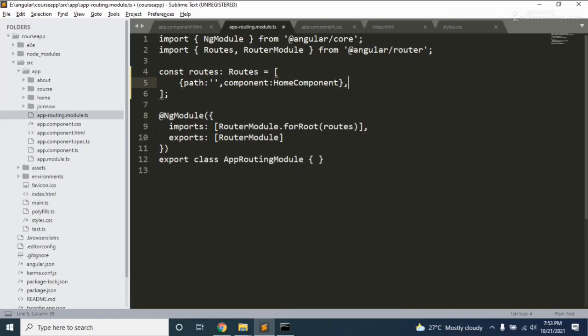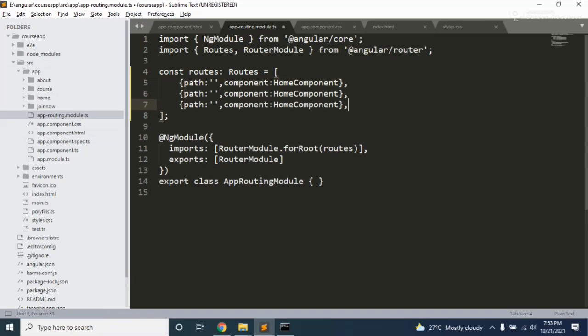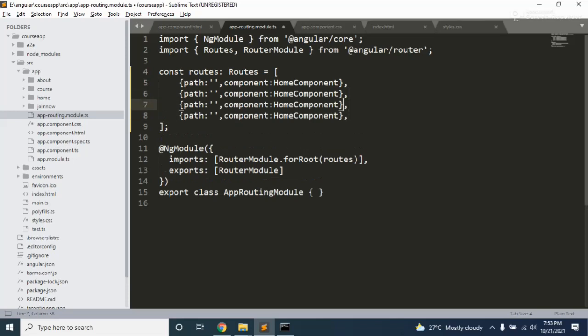Here I have 4 routing module components, 1 2 3 4, right? So just paste it here and just paste it here, right?